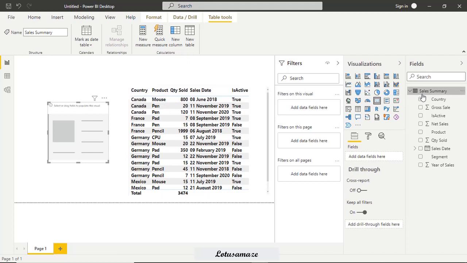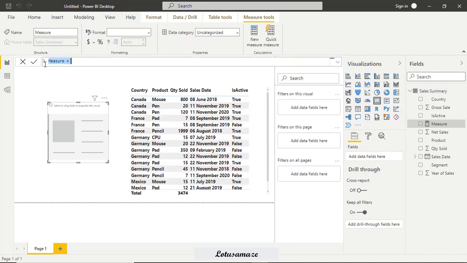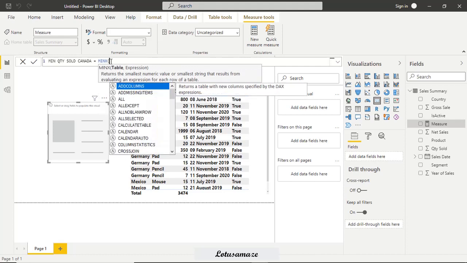Okay, get a measure. MINX, and I'll apply a filter.